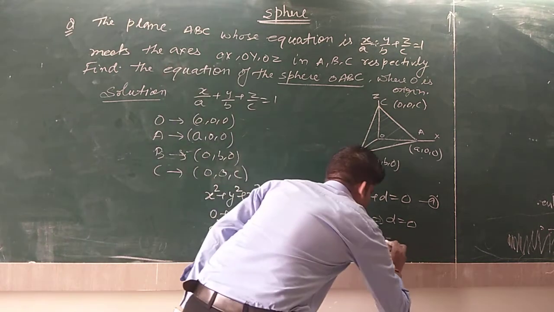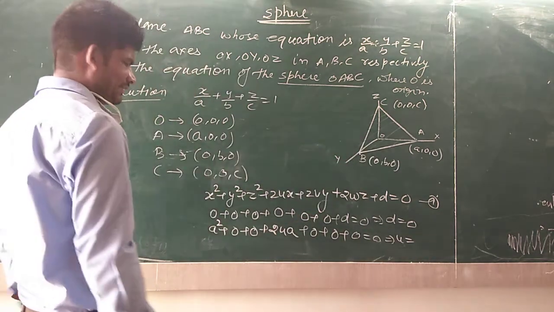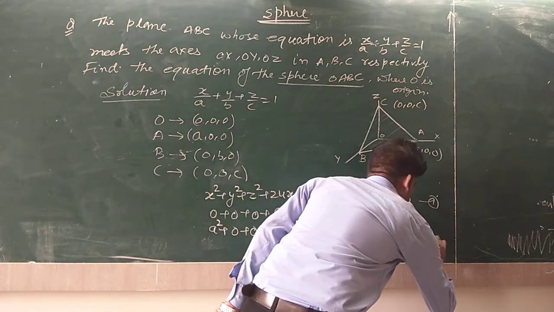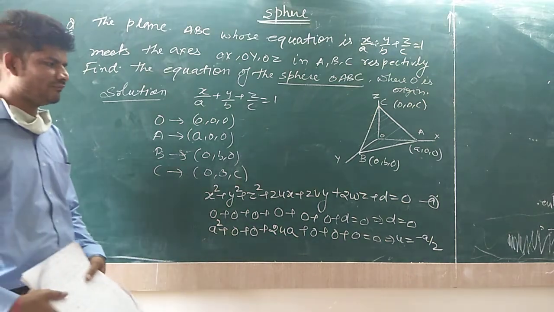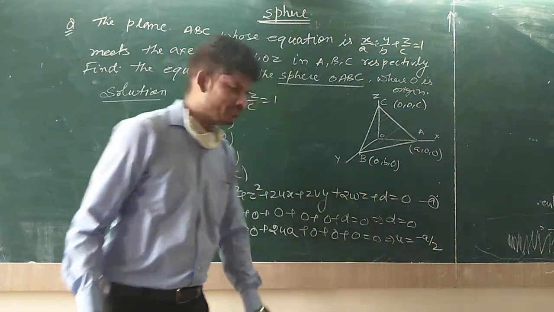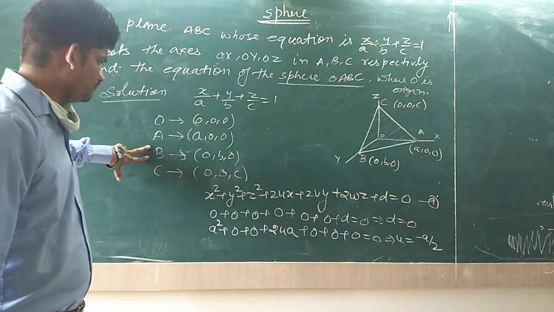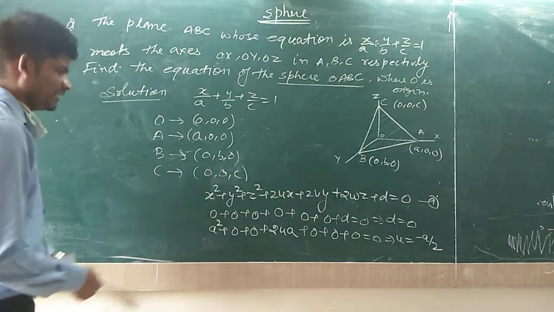Then find the value of u equal to a square, transfer to the right hand side, then divide by 2a, then u equals minus a upon 2. The second value, v, we find in the same way by using the second coordinate. Again, put the point b in equation number 1, then we get